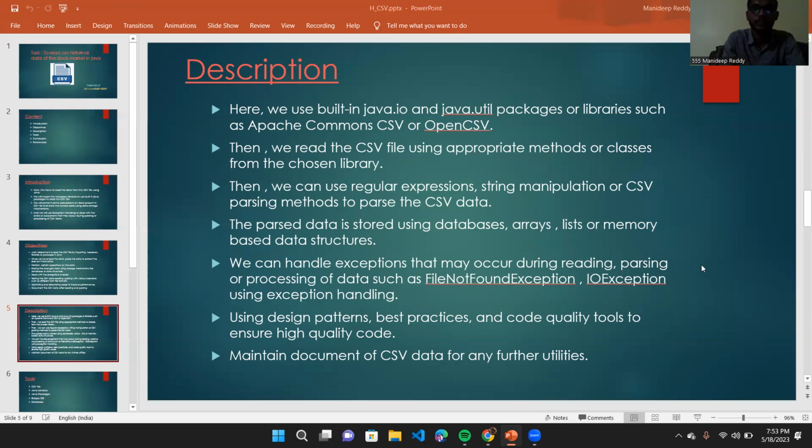Here we use built-in Java libraries like Java input output and Java utility packages, or libraries such as Apache Commons CSV and or Open CSV. Then we read the CSV file using appropriate methods or classes from the chosen library. Then we can use regular expressions or regex with some set of delimiters, or string manipulation, so we can change the present content. So we can change the strings by using some sort of functions or CSV parsing methods to parse the CSV